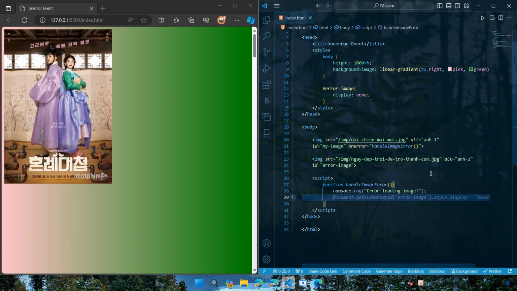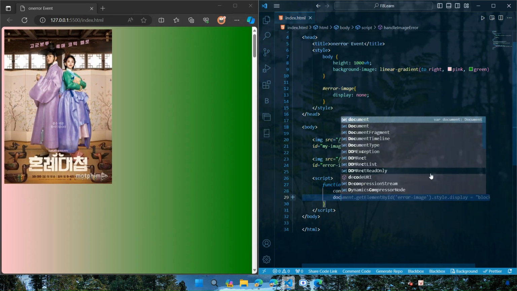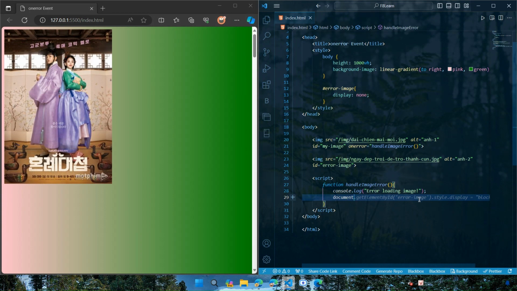Hello everyone. Today I will show you how to use the onerror event in JavaScript to handle image loading errors